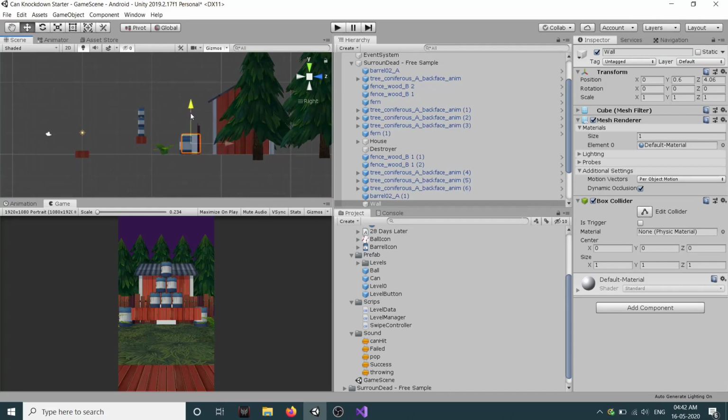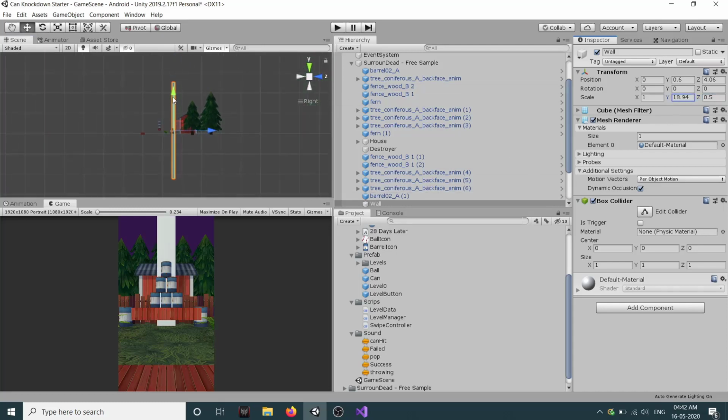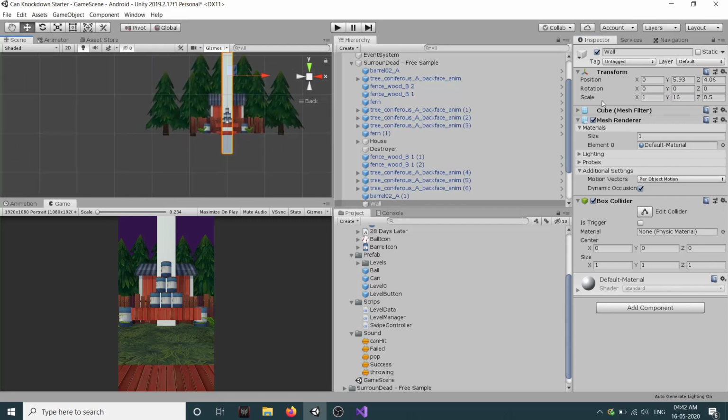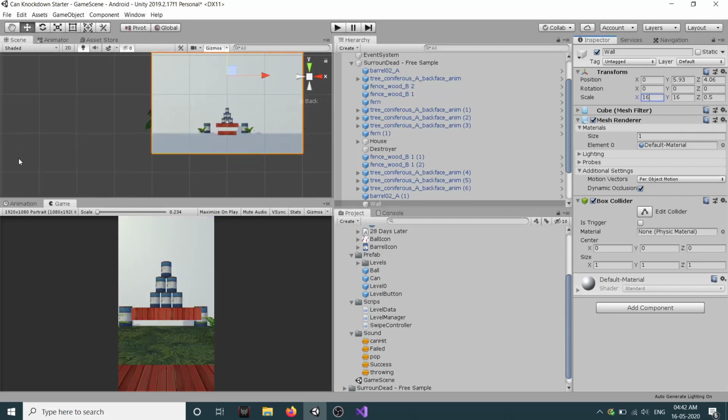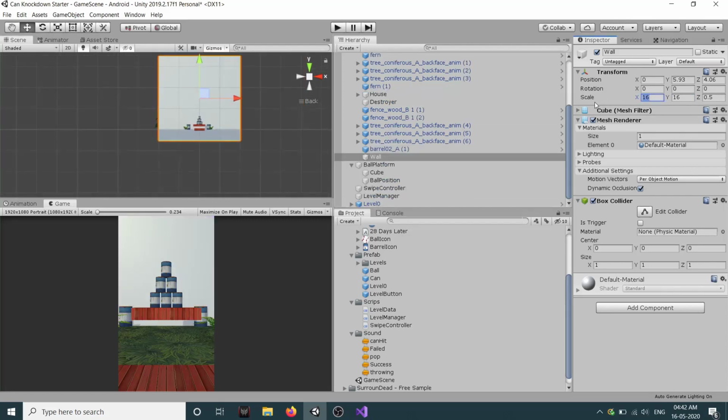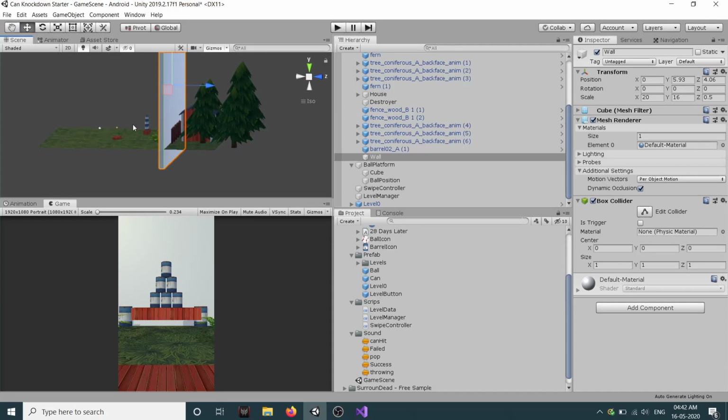Okay, move it up. Let's set its z to 0.5. Let's increase our y something like, okay, this makes 16, and our x also let's say 16, or maybe 20. So now we have this ball. So whenever our ball hits this ball, it will go down and it won't go beyond this thing.